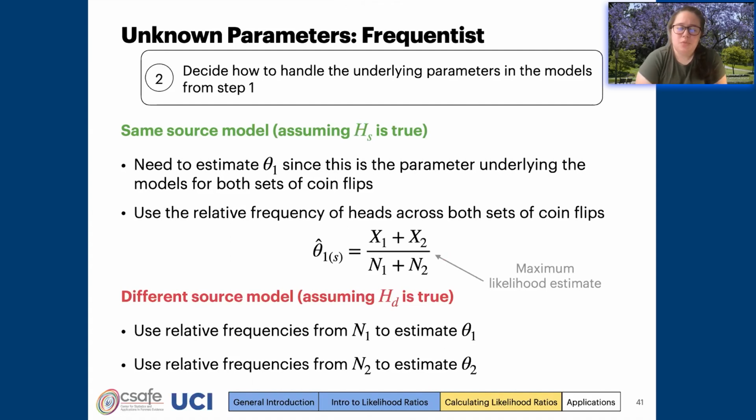Also note that the 2-parameter model will always fit better in this case for the likelihood ratio. So how could we handle this? What we could do is split up our data. We could use some of the data to estimate the model parameters and then use the rest to evaluate the